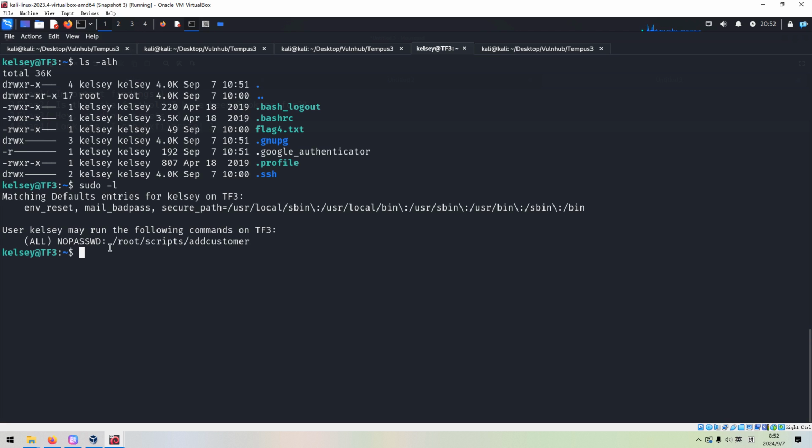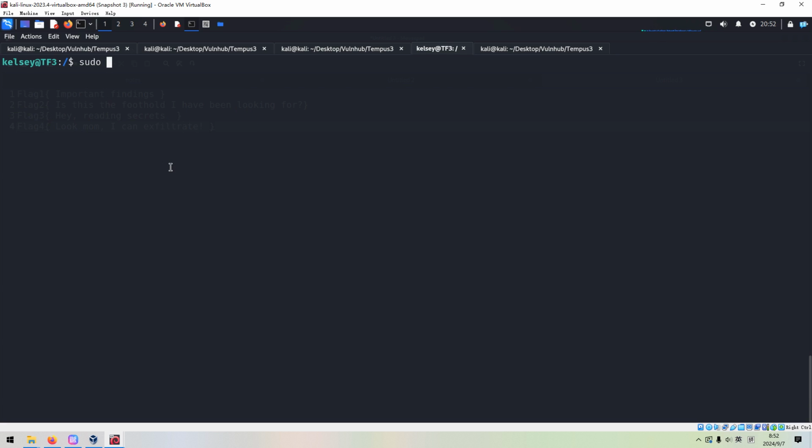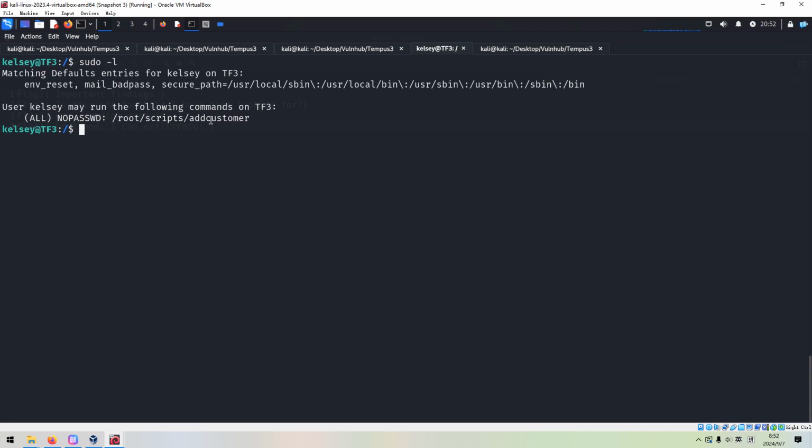So do you remember under the root directory, there is this file, 3 dots, and any user with UID of 1337 can access. But at this moment, no user has such a UID. However, this utility add customer can allow us to add a user, right?